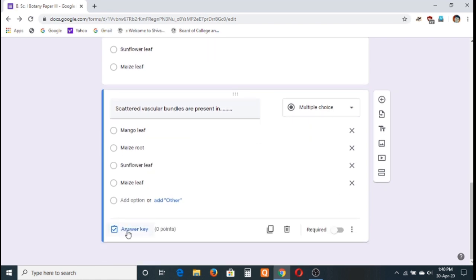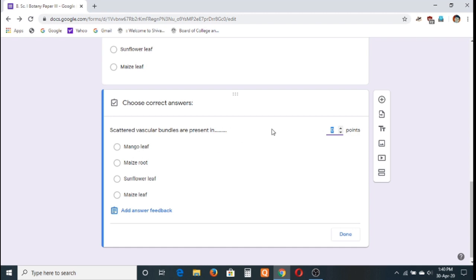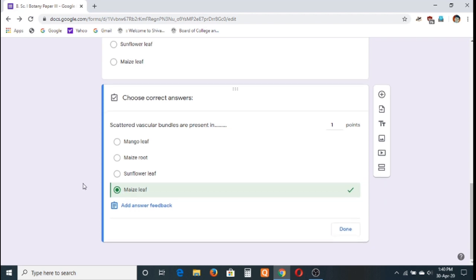I will add the answer key. So I will add the points, 1 mark. I will select the answer. Done.